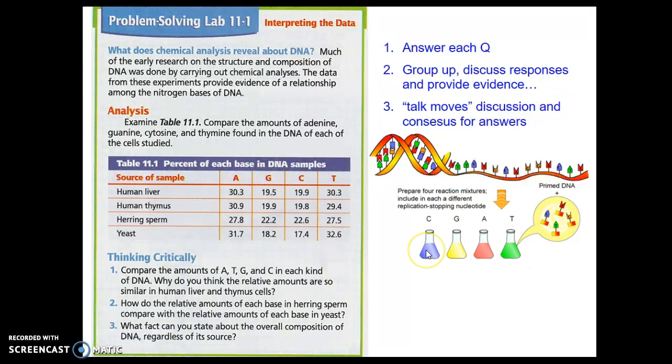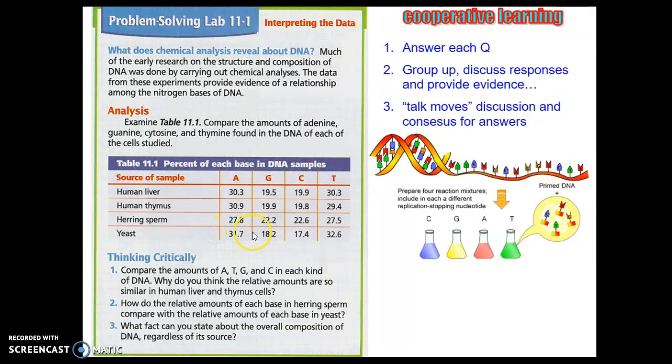So they took all the DNA from one of the cells from one of these organisms, from 2 different human cells, and a herring and yeast cell, and they found out how many A's, G's, C's and T's each of their DNA contained. These numbers inside represent percents. So what that means, to give an example, is